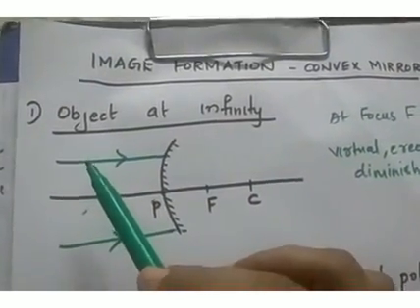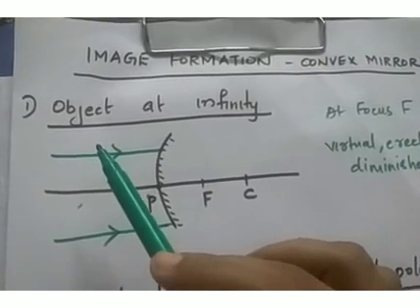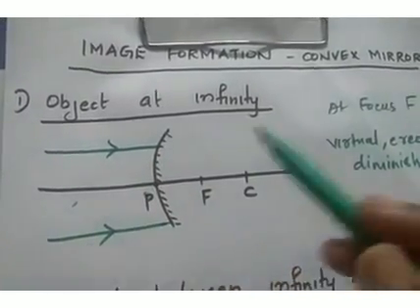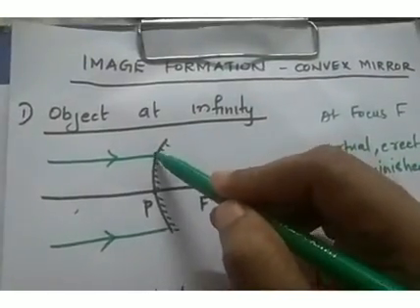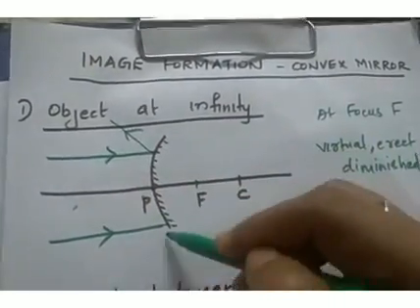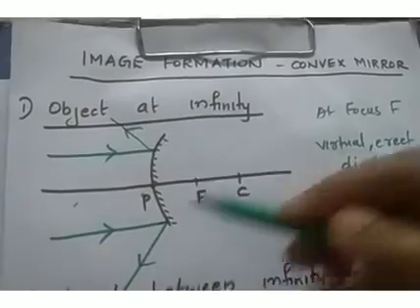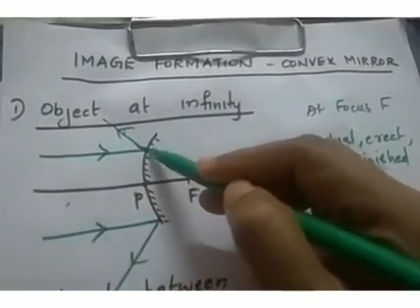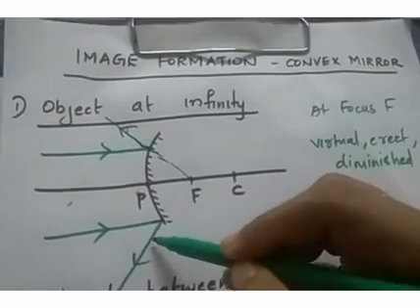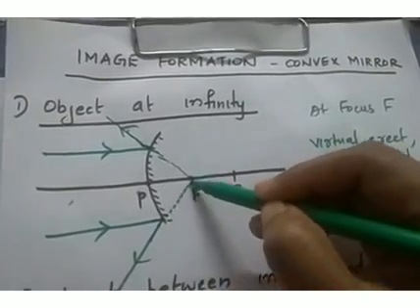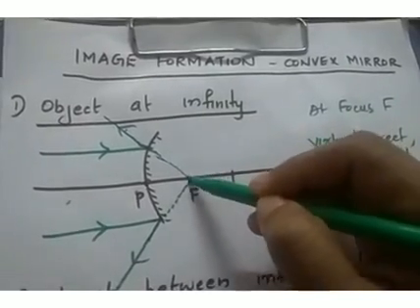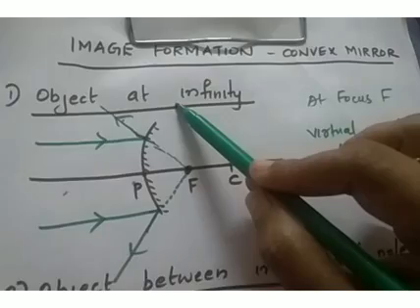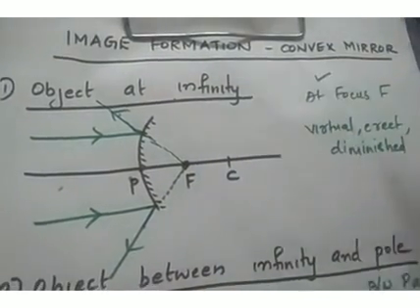As you know, when the object is at infinity, the rays are represented like parallel rays as shown here. So this is one ray, this is another ray. And we know since this is a convex mirror, it will diverge like this after reflection. This ray also will diverge like this. And these two reflected rays, apply the first rule. Yeah, it appeared to pass through focus. And this reflected ray also appeared to pass through focus. And both the lines meet here at focus. So that means image is formed at focus. So when the object is at infinity, in the case of convex mirror, image is formed at focus.